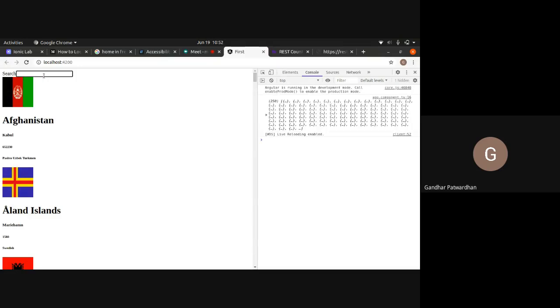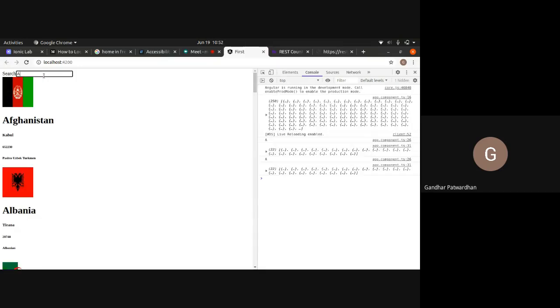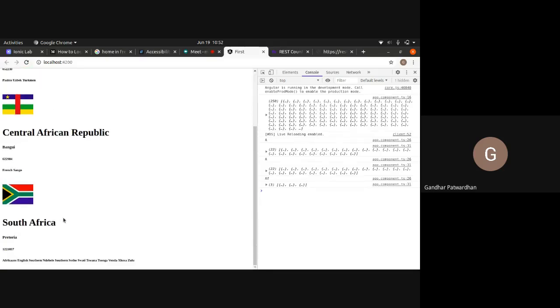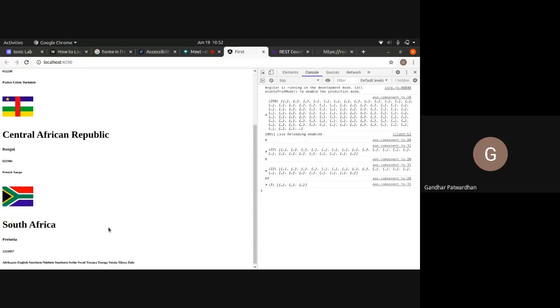Now, if I type capital A, then I say F, you can see I typed A and F. We got all the strings which include this AF. So Afghanistan has AF, Central African Republic has AF, South Africa has AF. So we got 3 countries.